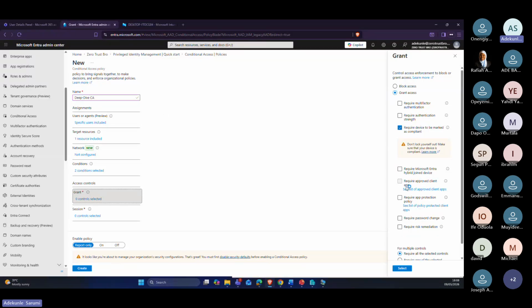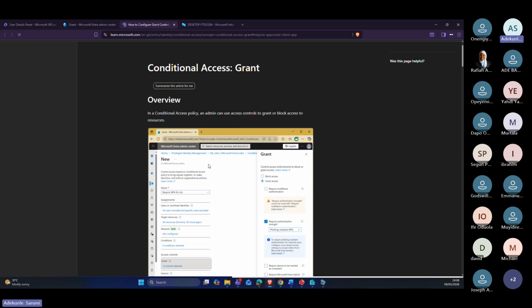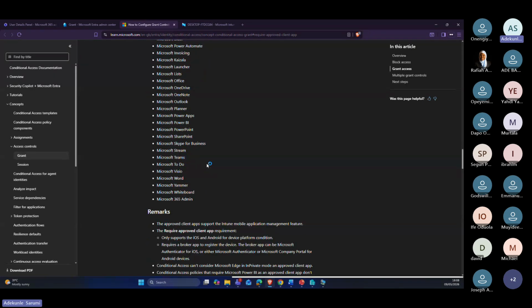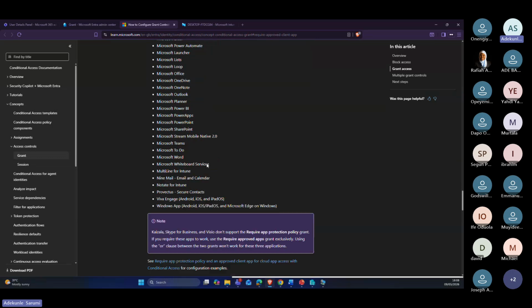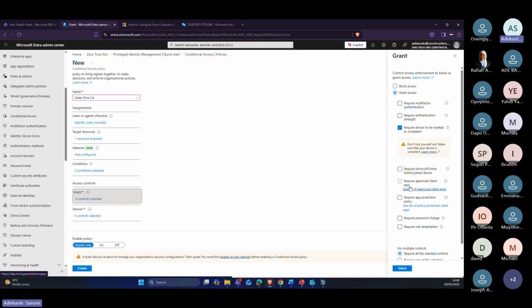So that's turned off. Require approved client app. This one is if we are doing the application itself. So we've created, for example, yeah. So these are the Office applications, and app include this. So it requires that it's actually an approved application for Microsoft, but it's not even needed, because we already require this